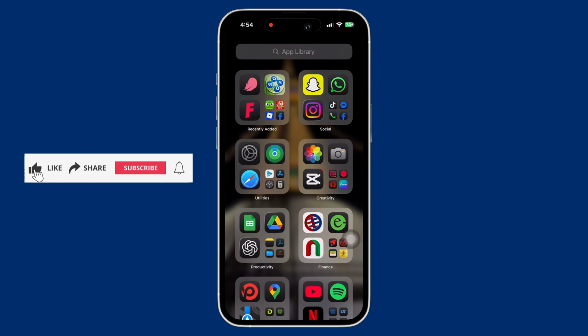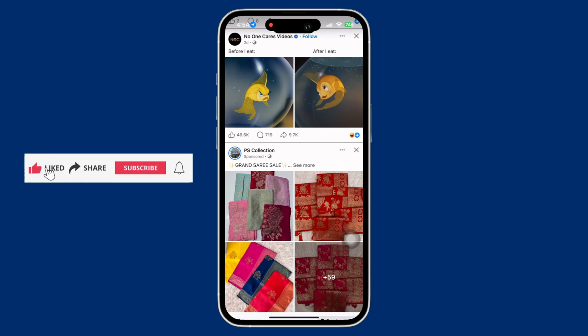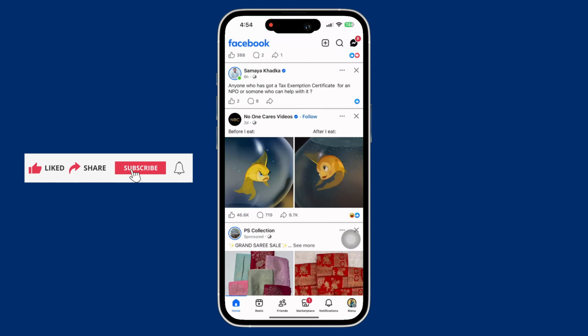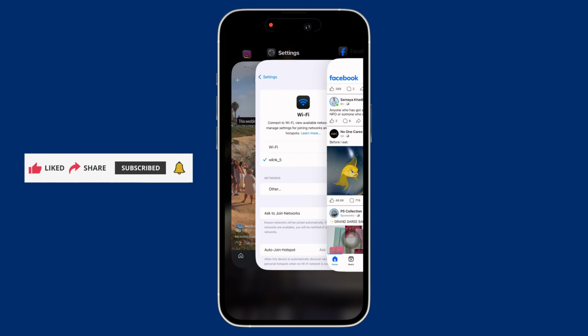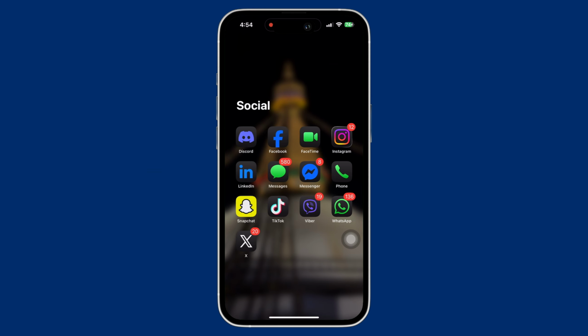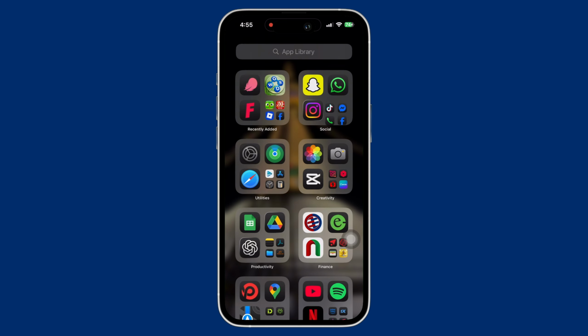Next, go ahead and open Facebook on your device and then force quit the app by simply swiping up and exiting the app, as force quitting the app helps in fixing the majority of temporary loading issues. See if that helps in fixing your issue, and if not, then launch the settings application again and tap on